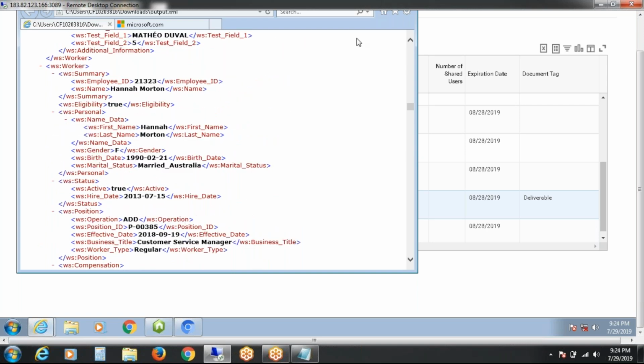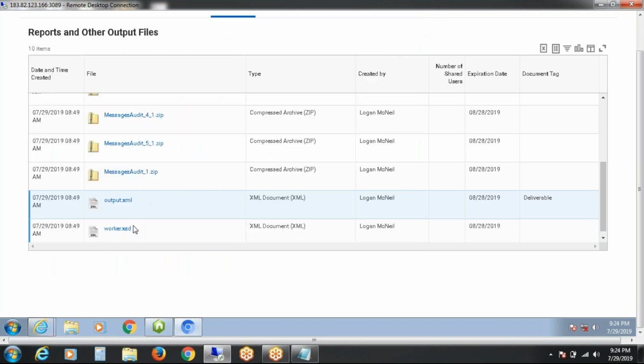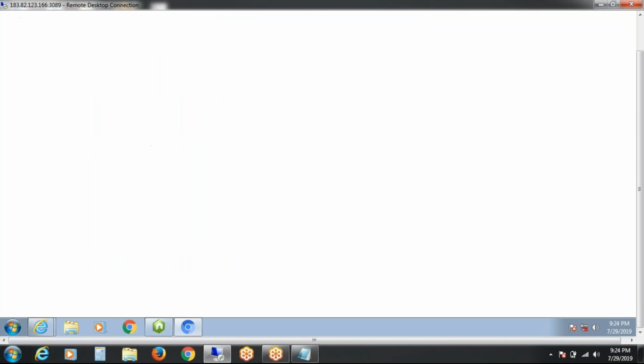But anyways, here we are not getting the exact changed data, so I'm just closing this. The result is this one only, but I will show another format.